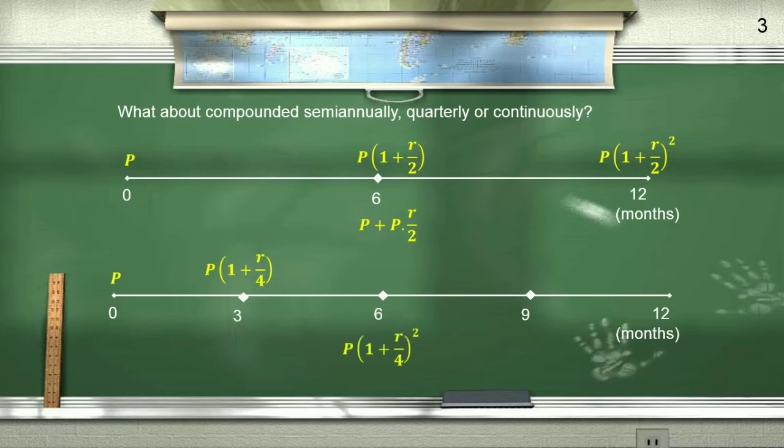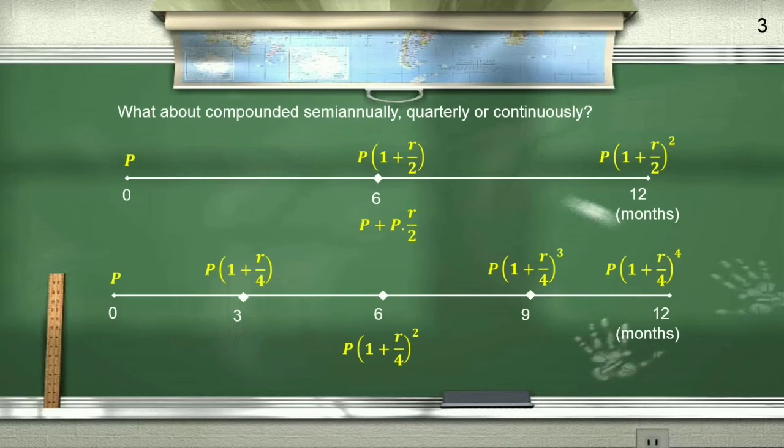What about in this period? Our money becomes P(1 + r/4)^2. What about this one? Yes, it becomes P(1 + r/4)^3. And this one becomes P times (1 + r/4)^4. So now